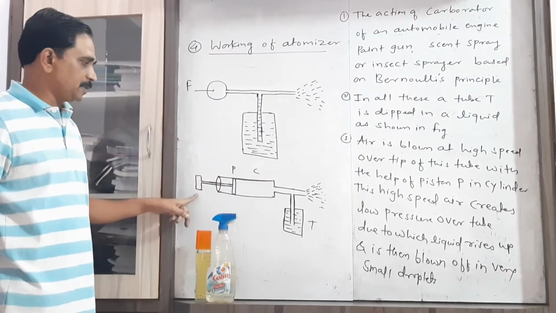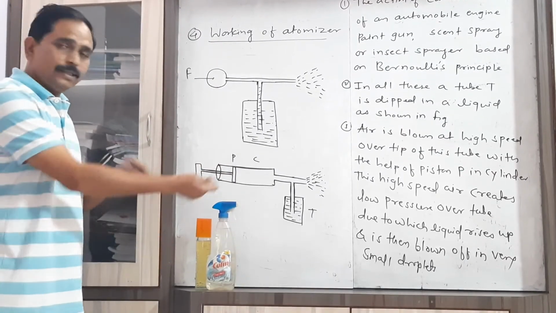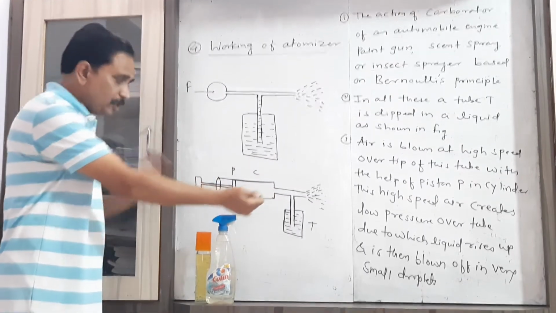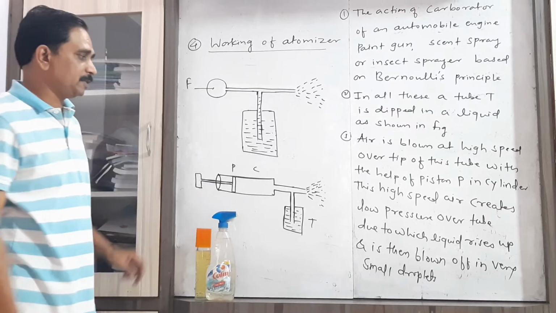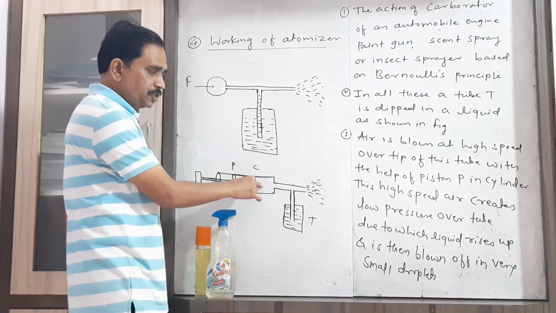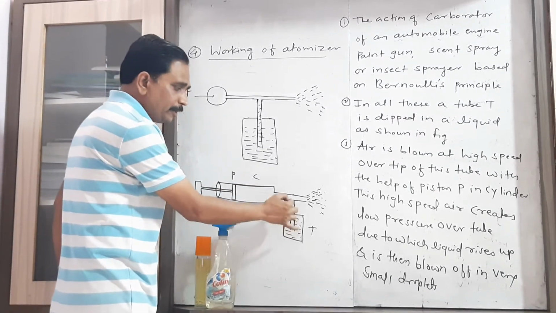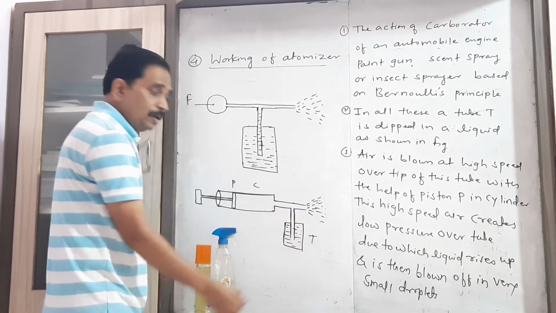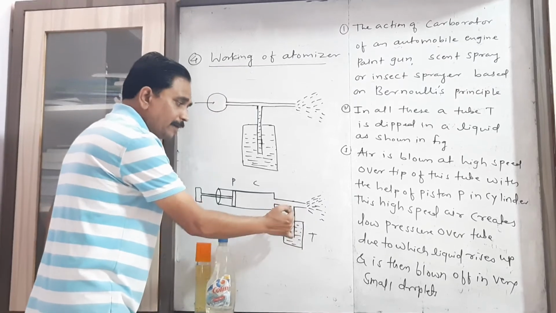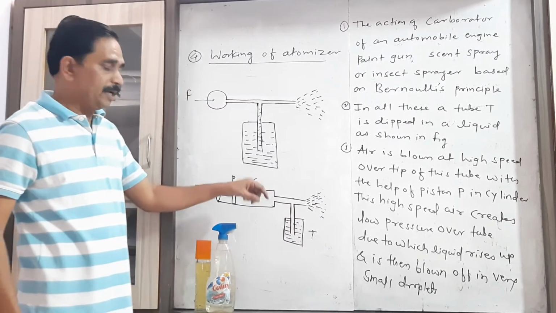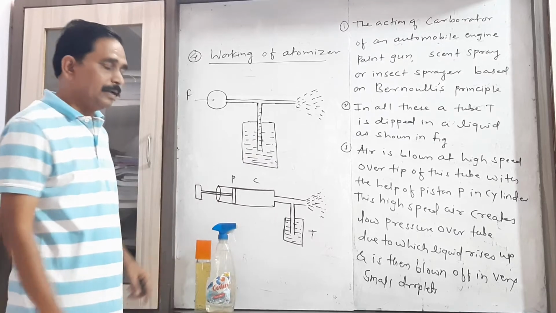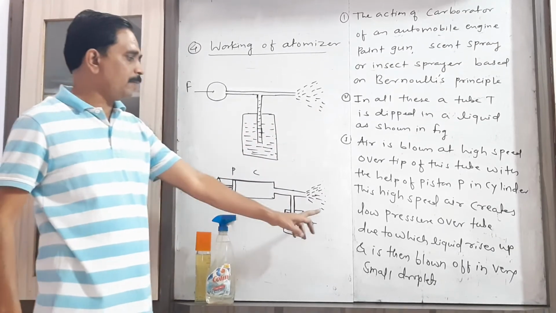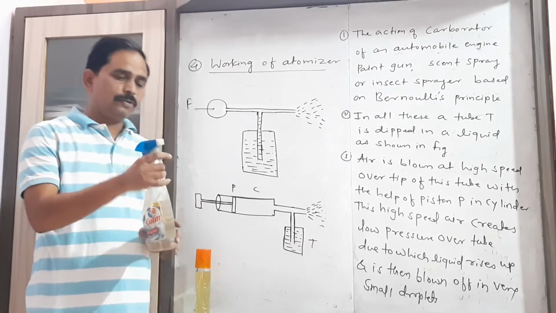Now consider the figure which is given in our textbook, here this is the cylinder having a particular piston. This is the piston. Now when this piston is moved and a certain force is applied on that piston, because of this air pressure, the liquid rises up through the tube which is provided in that liquid tank because of the low pressure created in this tube, and that liquid then rises up and will be blown up in the form of a number of droplets, similar to that of here.